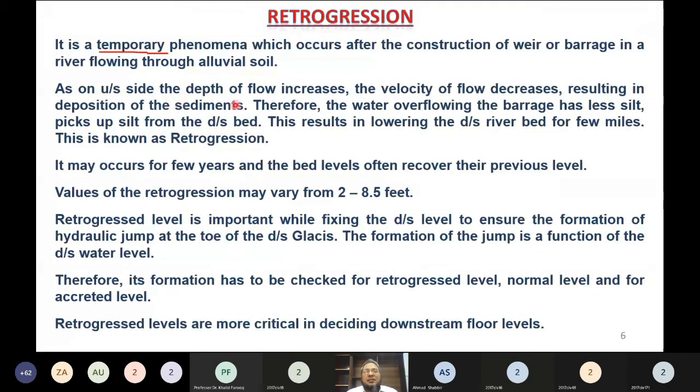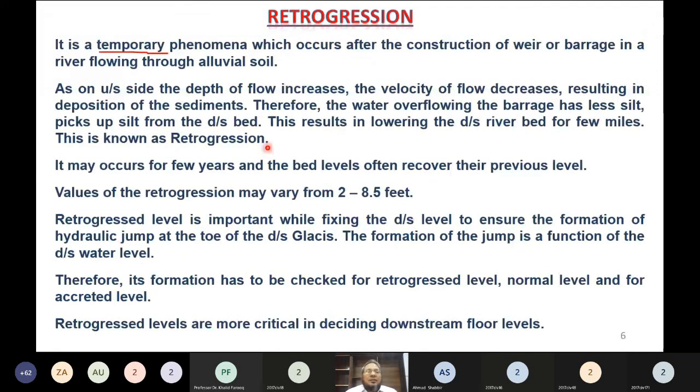As on the upstream side, the depth of flow increases, the velocity of flow should decrease, resulting in deposition of sediments on the upstream side. Therefore, the water overflowing the barrage has less silt, and as we have seen earlier, it picks up silt from the downstream bed. So this results in lowering of the downstream river bed for a few miles. This retrogression takes place for a few miles. This is known as